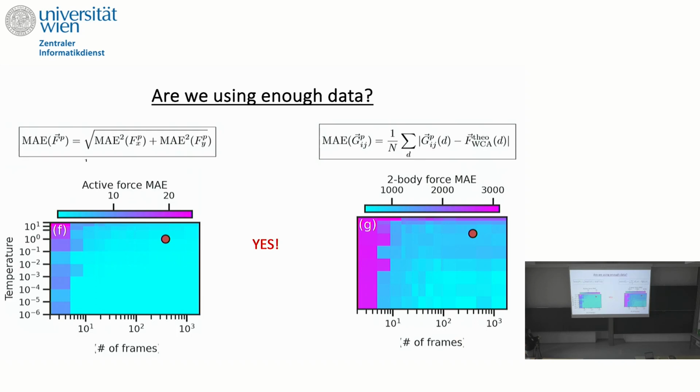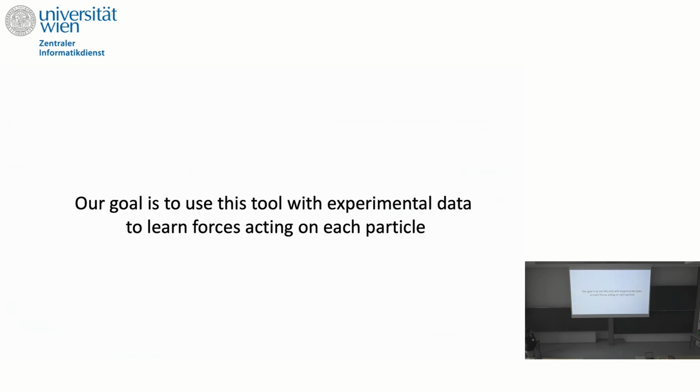So when dealing with repulsive or attractive forces, we were dealing with of the order of a few hundred frames, each frame containing a few thousand particles. And so when dealing with a few hundred frames and a few thousand particles, the mean absolute error is actually pretty small. And these are the numbers experimentalists are dealing with. So an experimentalist can give you of the order of a few hundred frames, and each frame can contain of the order of a few thousand particles. So being reassured by our numerical test, we said, can we actually use this tool with experiments?